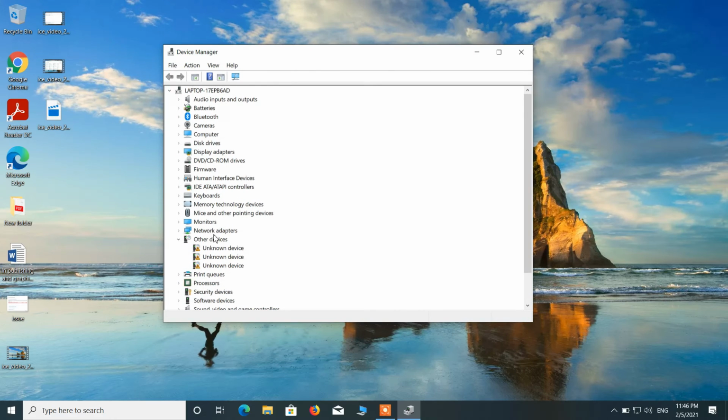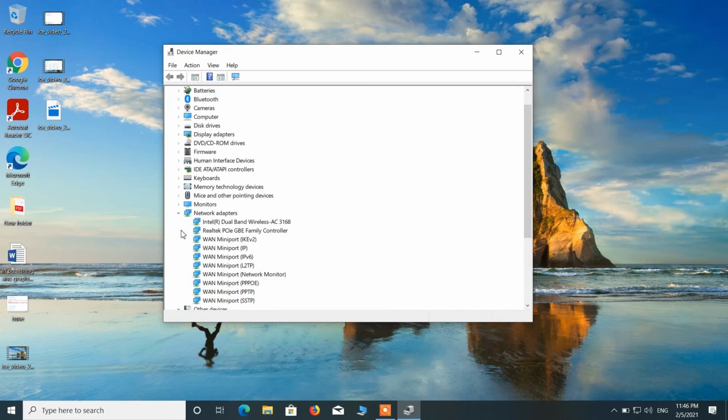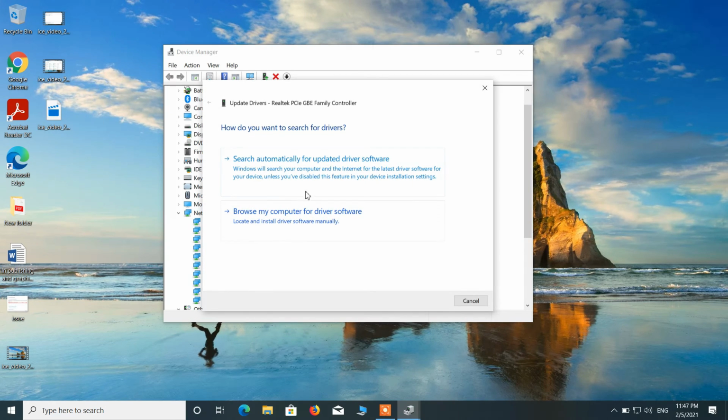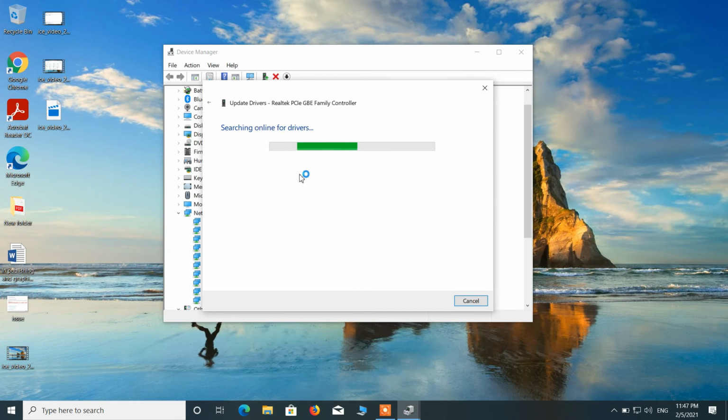Now just expand this device, network adapters. Now click on this driver, Realtek PCIe GBE family controller. Right click over it and click on the option update driver. Click on the first option, search automatically for updated driver software. So this will search online for the updated driver software.